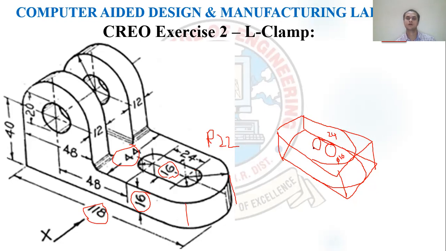And you have to use the line tangent command. The line tangent command will draw the tangent between these two circles. So you'll be drawing the tangents to these two circles, and you have to use the delete segment command. With the delete segment command, you will be deleting these things, and you have to perform extrude cut so that this will be completed.